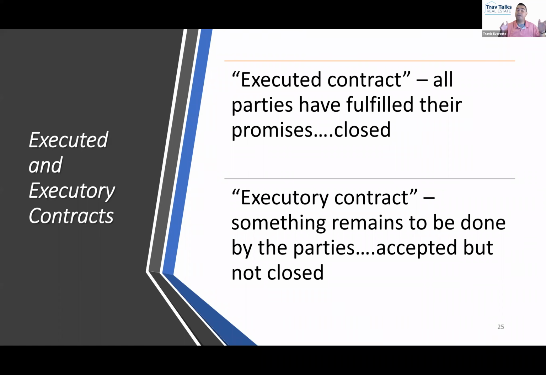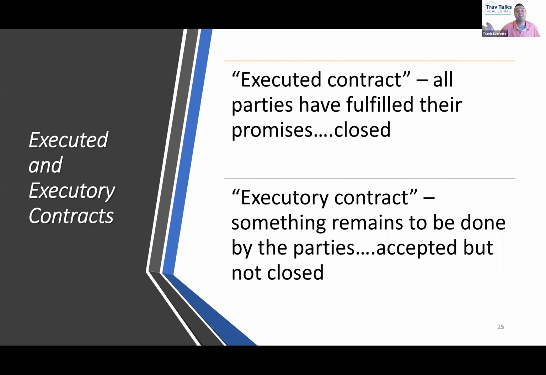Well, now is the final layer that we're going to put on these contracts. Layer number 4, and it's the last one that we're going to talk about here. Is the contract executory or is it executed? Has the contract been executed or is the contract executory?